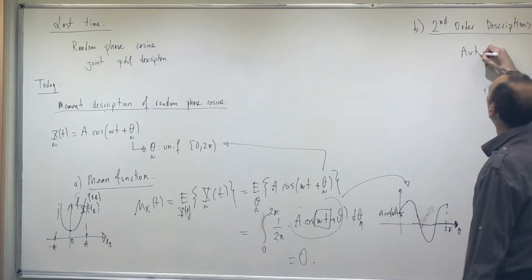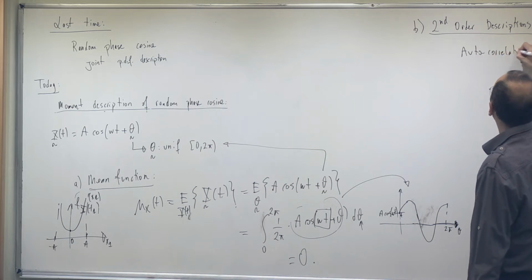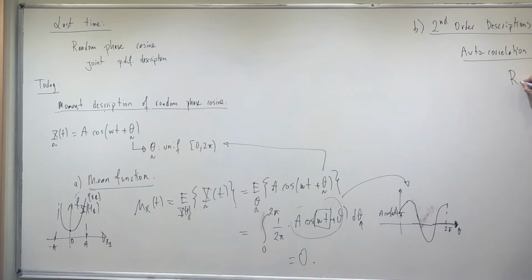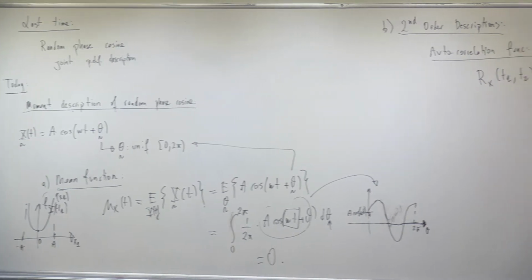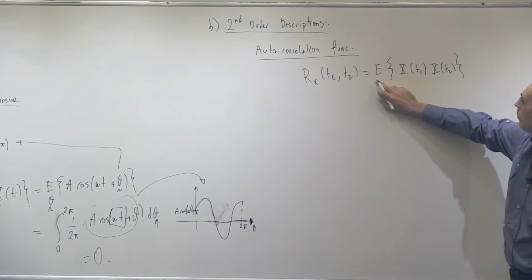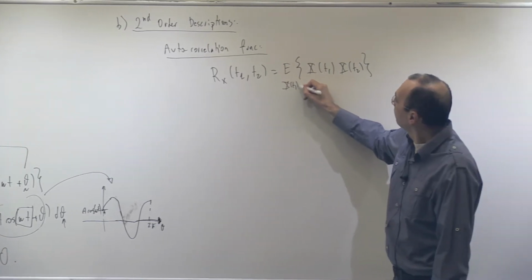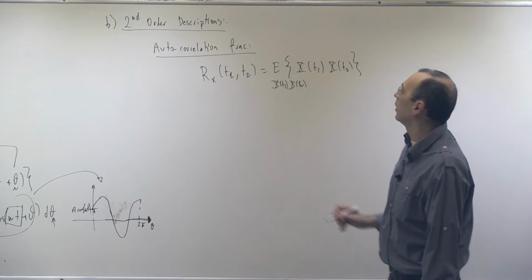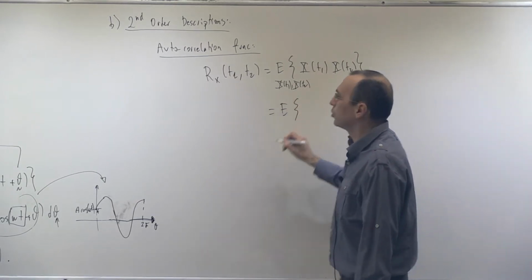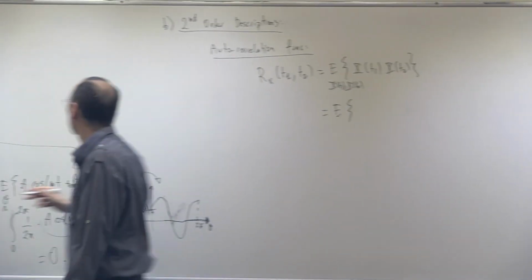For example, the autocorrelation function. So what was this? This is defined as, now I have, this is second order, two random variables, and their product is under expectation. So I need the joint density. But as we have said, I don't want to find the joint density because it's complicated. I will use the process definition.